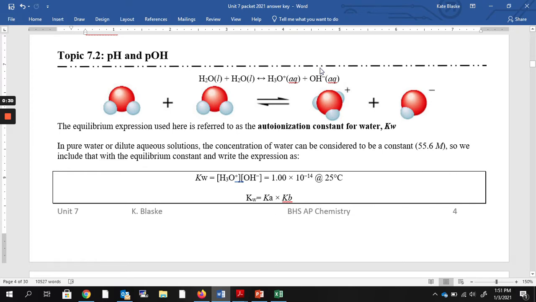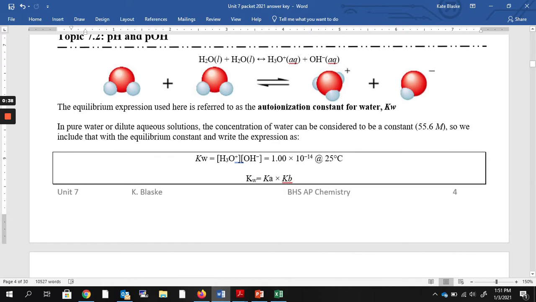So all of the math about pH and pOH are based on something called autoionization of water. When water exists just hanging out by itself, a very, very small percentage of those water molecules go through that acid-base reaction that we were talking about in unit 7.1. So water can act either as an acid or a base. One of these water molecules is going to act as an acid and donate away a proton, turning into hydroxide. The other water molecule is going to act as a base, accepting that proton and turning into the hydronium